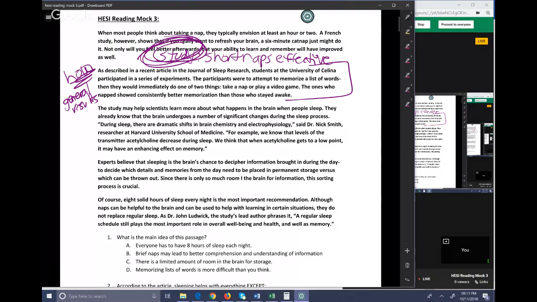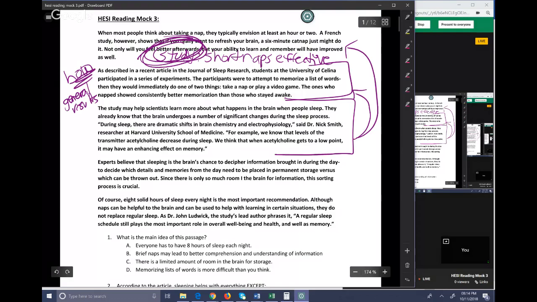The next paragraph gets a lot more specific. What I said for the third paragraph is the study shows particular associations between sleep and brain function. They get very specific there. You could never possibly have an outline that shows everything they talk about. You just need to know that this paragraph goes into detail about specific chemistries, specific instances, specific things that happen in the brain, and that backs up the general results and the general effectiveness that they talked about in the first paragraph. So what I wrote for that one was: study shows particular associations between sleep and brain function.